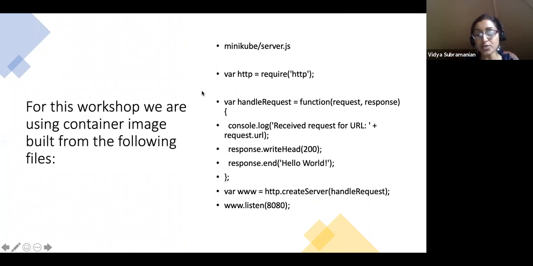So for this hands-on exercise today, we are using the container image for a very simple hello world. It's a Node.js hello world. Here is a sample snippet. You will get a link very shortly.